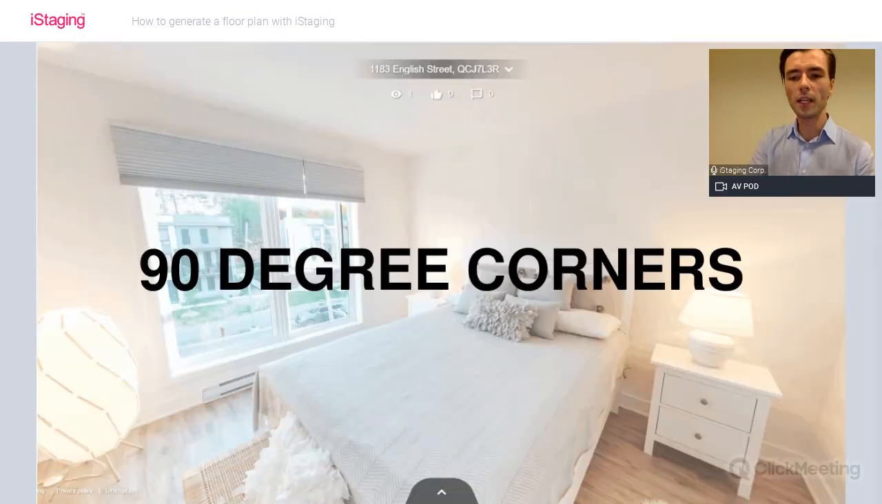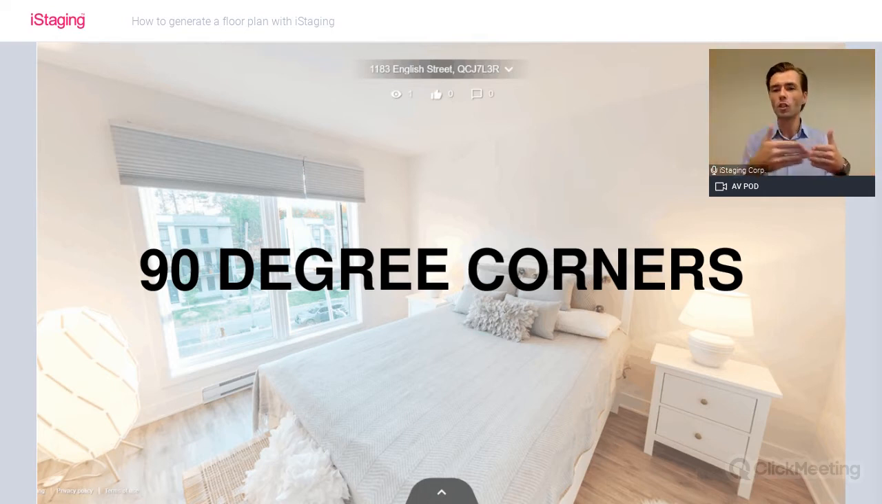Now, number 3, and this is something that we obviously understand you cannot really do that much about, but it's something to keep in mind. It is easier to ultimately get to the floor plan if the corners of the space are at a 90-degree angle, which is most of the time the case. But if there are curved walls, then it becomes much more complicated for us to automatically create that